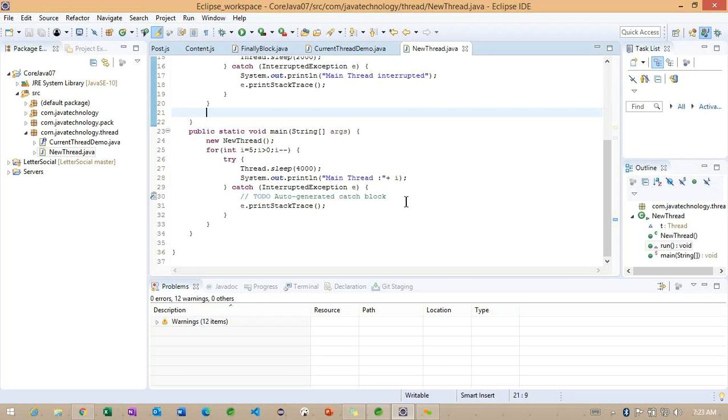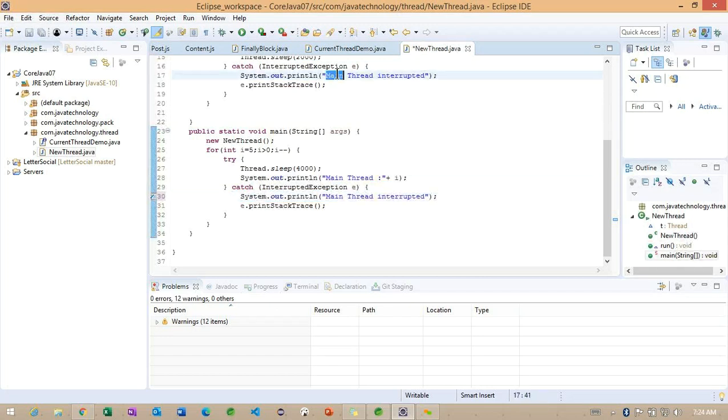Getting the point. Now, basically, we can call this particular message here.